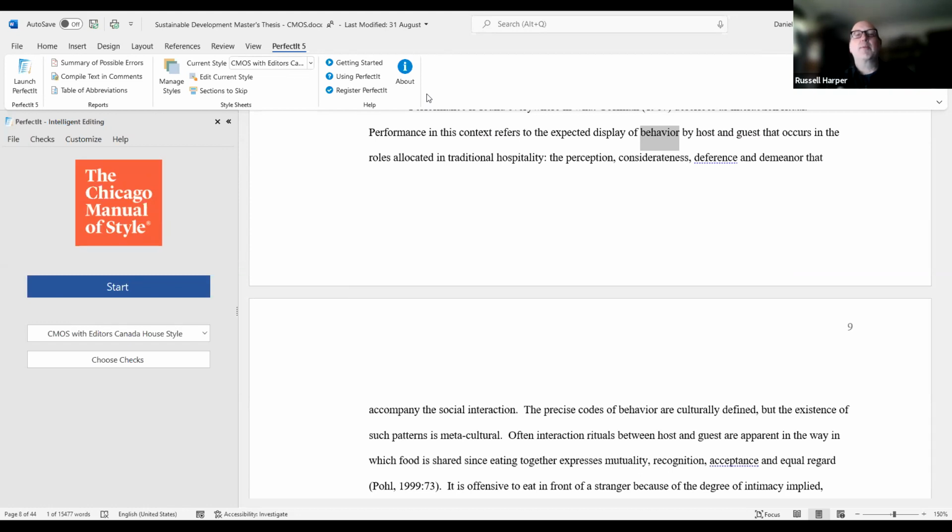But the thing that will come up in Chicago is it'll recommend the ER version because that's Merriam-Webster, but it'll say unless it's in the name of an organization. It includes that reminder. So each time those little style notes come up, and they come up for everything, sometimes a general style note of its consistency, but when it tells you something like unless or except or if, those are your signals to say, oh, wait a minute, like the one that Daniel showed before with the 70-something percent at the beginning of a sentence remaining spelled out. So PerfectIt, all these notes that we've written, many of them are customized to recognize the exceptions where possible, because